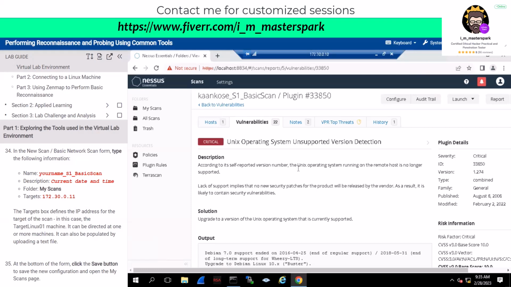But just for the sake of now, you have seen that every vulnerability, based on the severity, has been marked by Nessus in your front end. Okay,